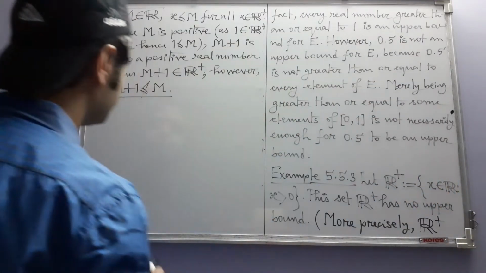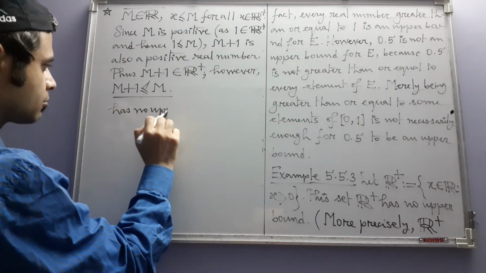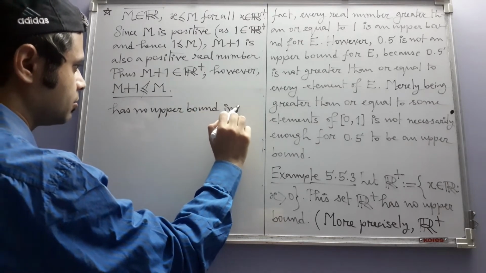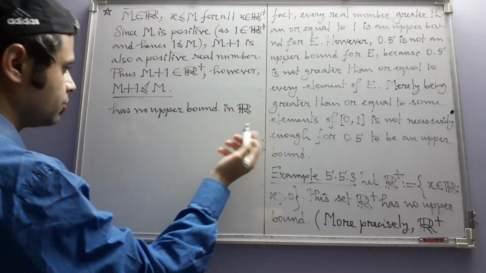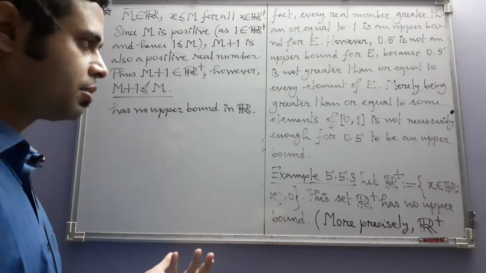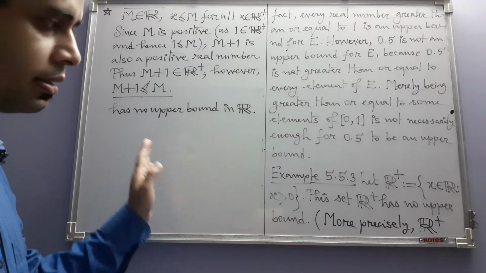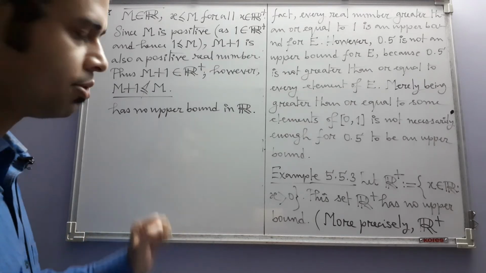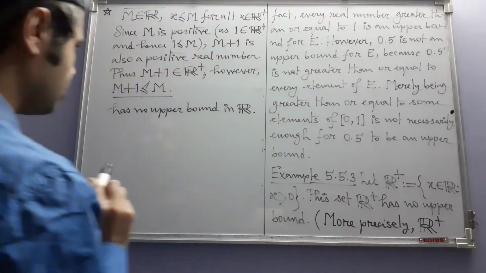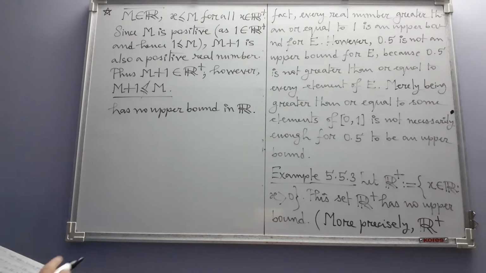This subset has no upper bound in R. Of course, because by the very definition, an upper bound for a set, when it exists, is first of all a real number, and then it satisfies that inequality, that condition. So R plus has no upper bound in R, but in section 6.2